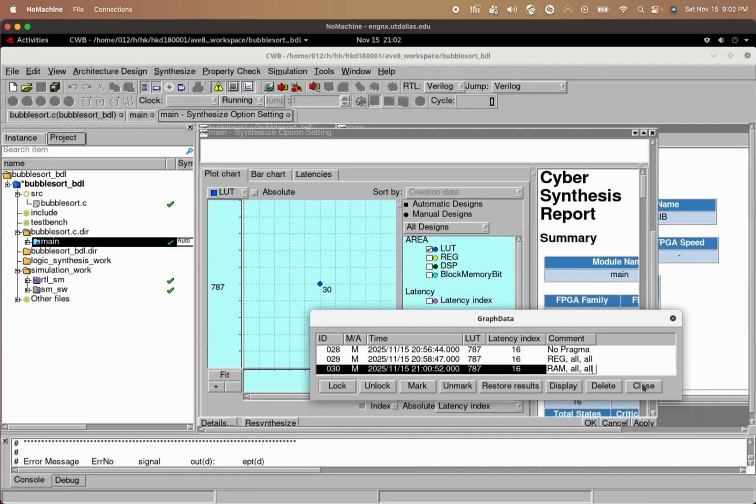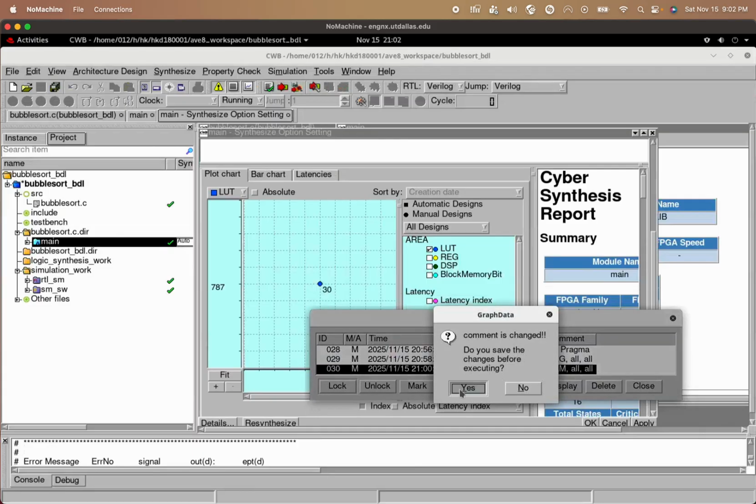All of these synthesize almost the same architecture because the bubble sort has a strict data dependency between iterations. Each compare-swap must complete before the next one can begin. This dependency chain prevents the compiler from exploiting additional parallelism even when we request full unrolling or add more read and write bandwidth through memory pragmas. As a result, whether the array is mapped to no pragmas at all, a register, or a RAM, the scheduler still produces the same sequential microarchitecture, which is not going to be the case when